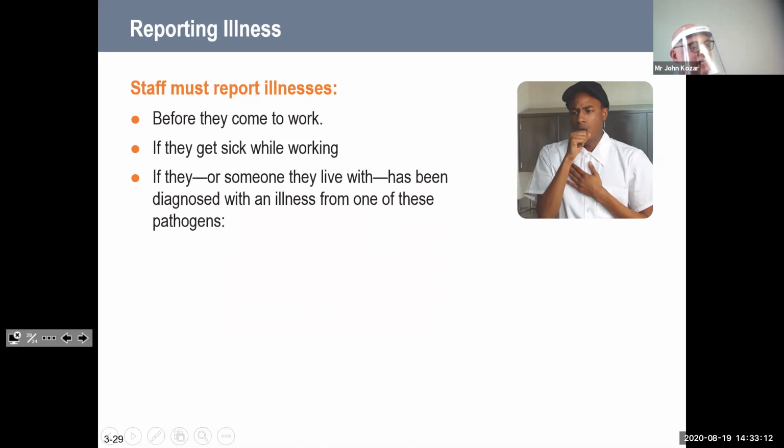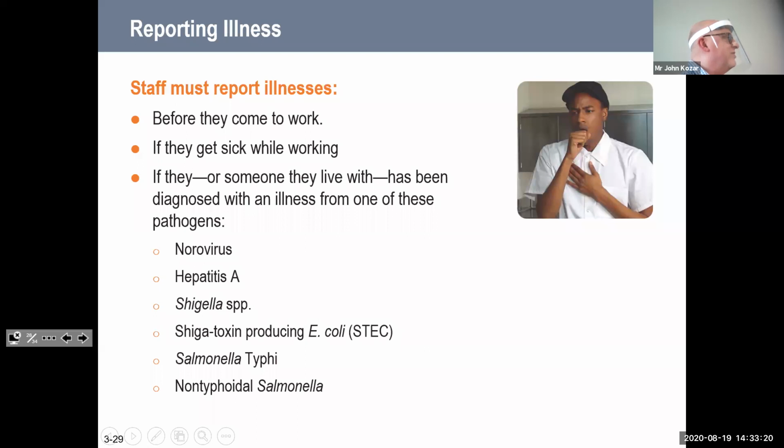Or if the employee or somebody they live with has been diagnosed with an illness from one of our big 6 pathogens, and those are the 2 viruses, norovirus and hepatitis A, and then the 4 bacteria, which are Shigella, E. coli, and the 2 types of salmonella. And that should have been in the chapter 2 information.